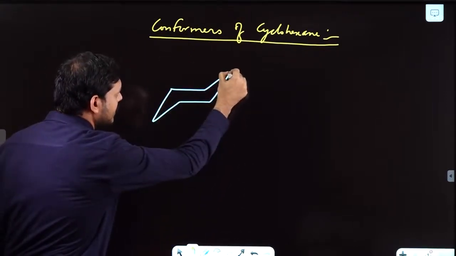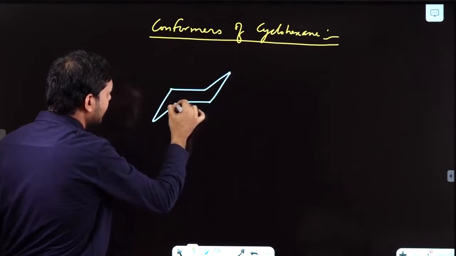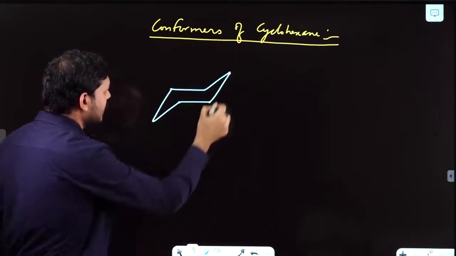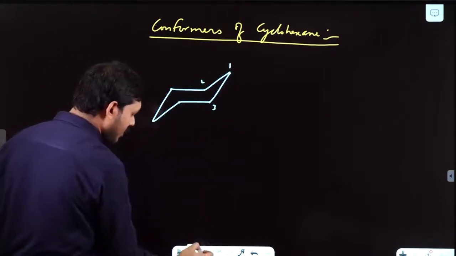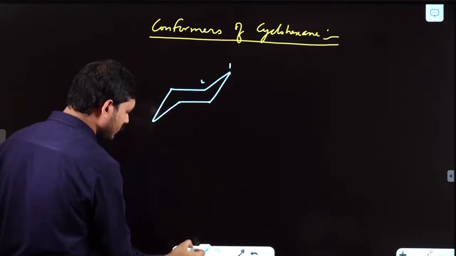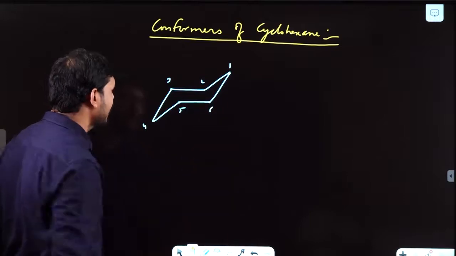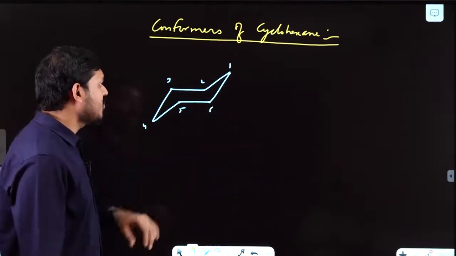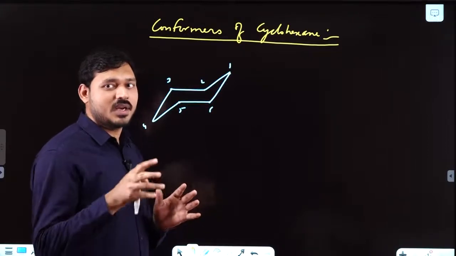You can see here, this is one carbon, this is another carbon, this is another carbon, this is another. So these peak points are 6 carbons. 1, 2, 3. For perfect numbering, you can say here 3, 4, 5, 6. Okay, so it is having 6 carbons. Correspondingly, you can also see every carbon is tetrahedrally oriented.